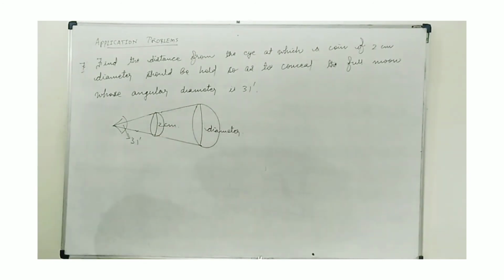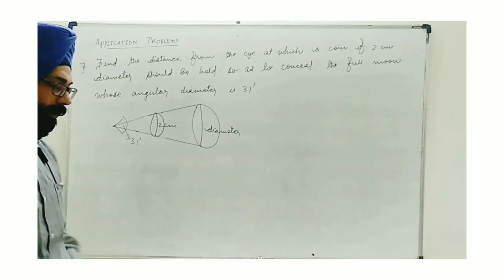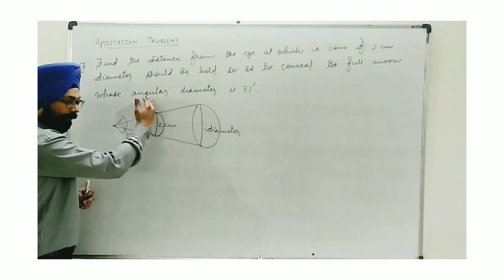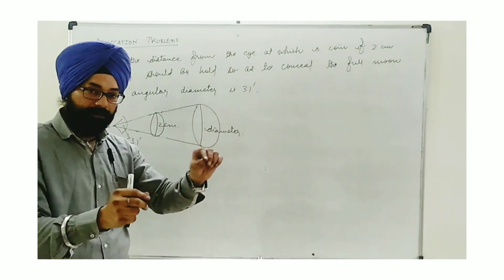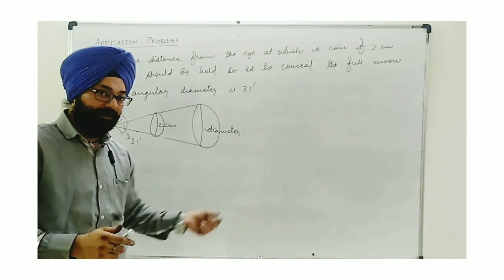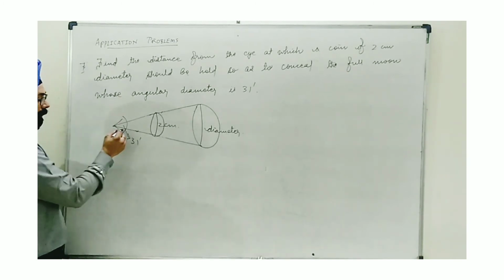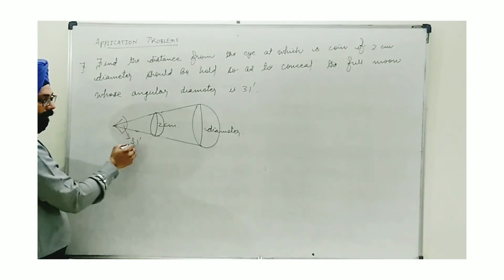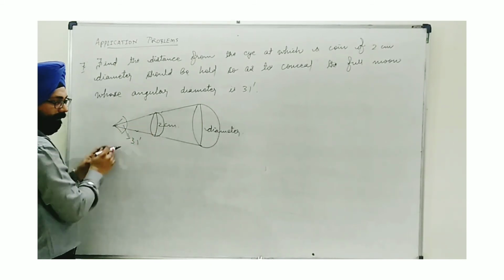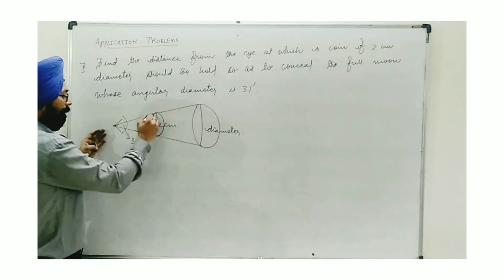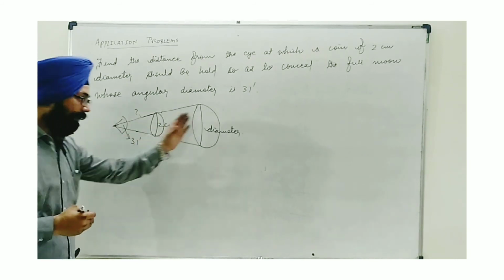Now actually whenever we use such a concept for a very large diameter or very small diameter, in those cases we can consider this to be a curve. The bending is negligible. For that moment we can consider this to be like an arc. Actually the concept has to be brought here. So here we are given the angle subtended at the eye is 31 minutes, and we are asked for the distance between the eye and the coin. This distance we need to find, so that this can hide the moon completely.